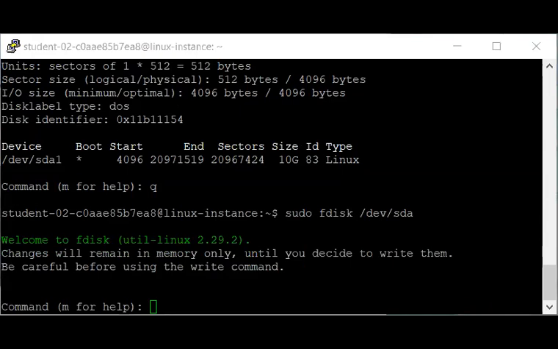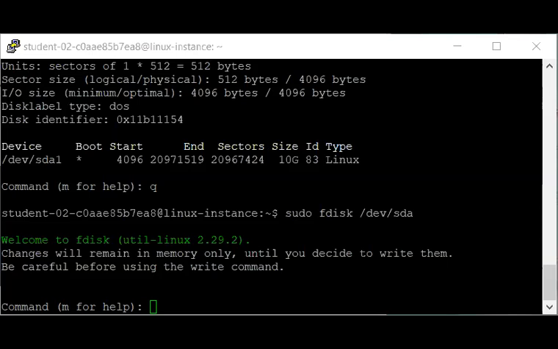To create a new partition, the command N is used. However, since all the space on the disk is currently allocated, you will need to first free up space by deleting the default partition. Use the D command to delete the default partition.